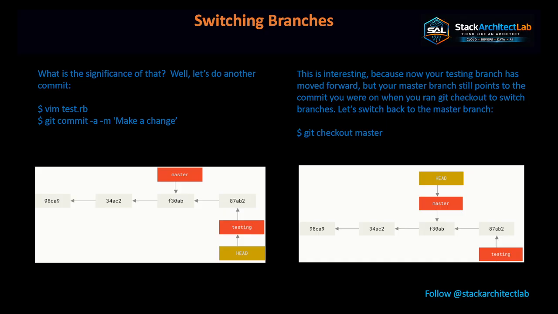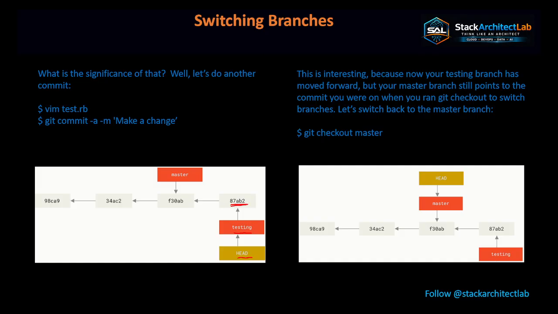So now, say for example, we switch the branch. Okay, we now come to the new branch, which is the testing branch, for example. But what is the actual significance? Correct. Let's do another commit here, and as you see, another commit we have done. And as soon as we have done another commit here, you can see the difference. So this is my head pointing to test, and now you see